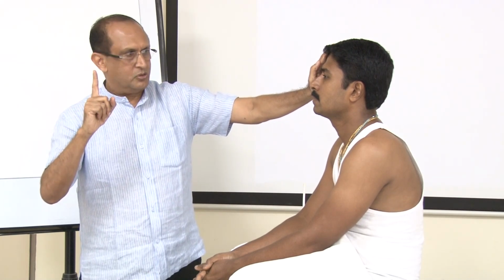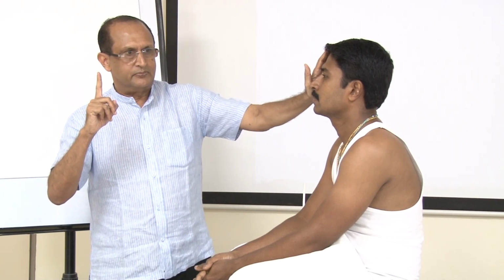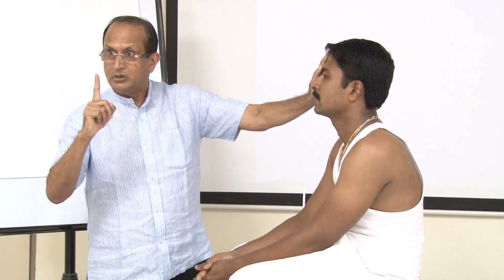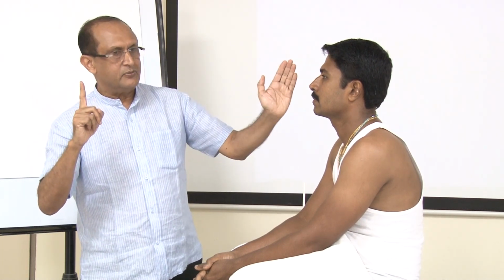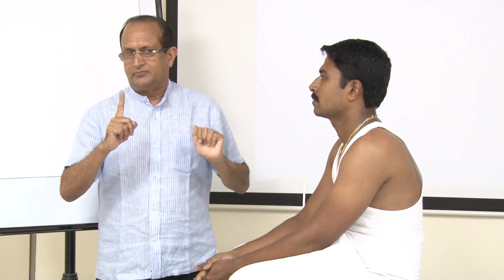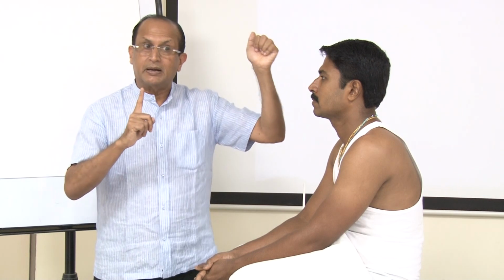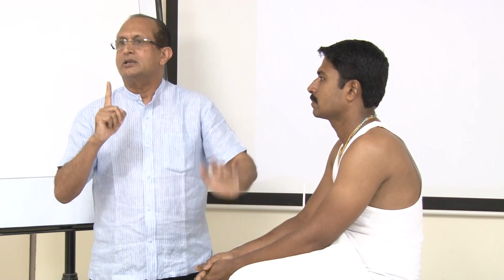You understand? So you ask him to look at the object, and then you close the apparently normal eye. Then the other eye will move to fix the object. That means that eye was squinting, and that is called the primary deviation. Now you remove this hand. This eye will also move in the same direction as the other eye moved. That is called the secondary deviation. The secondary deviation will be more than the primary deviation in a paralytic squint, whereas in a non-paralytic squint, both are equal. That is how you differentiate between the paralytic and the non-paralytic squint.